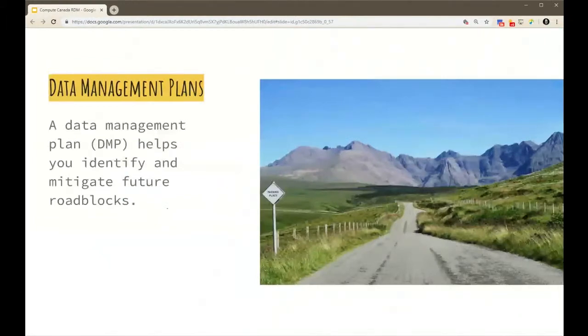They basically ensure that you've thought about any concerns you might encounter around research data management as early in a project as possible, and so that you've mitigated future roadblocks by doing so. If you want an example of a very bad DMP,